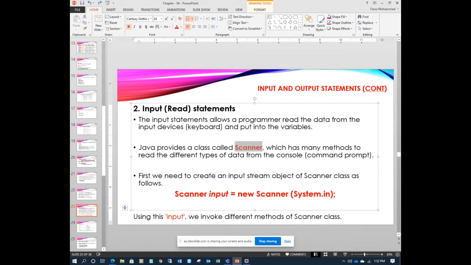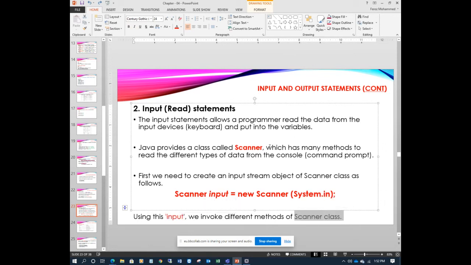First we need to create an input stream object of the Scanner class. Just remember this line: Scanner input = new Scanner(System.in). This creates an object called input. You can write any valid identifier name, like console or input. It is an instance of Scanner.